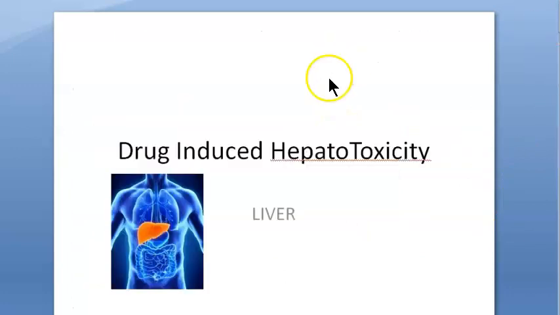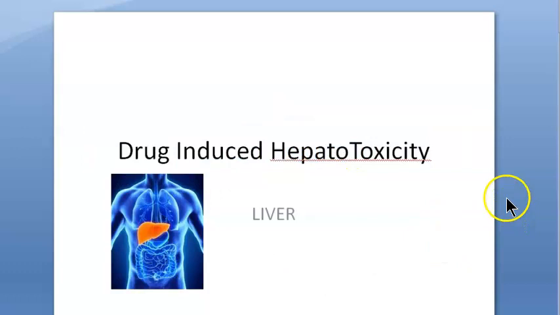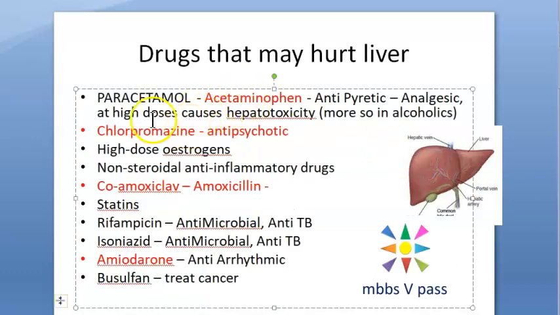There are some drugs which cause hepatotoxicity. So now that this person already has liver disease, should you give these drugs? That is something that you will have to decide, okay? Acetaminophen, paracetamol, chlorpromazine, then estrogen, then NSAIDs we already told you, amoxicillin, statins, rifampicin we told you, isoniazid, amiodarone,